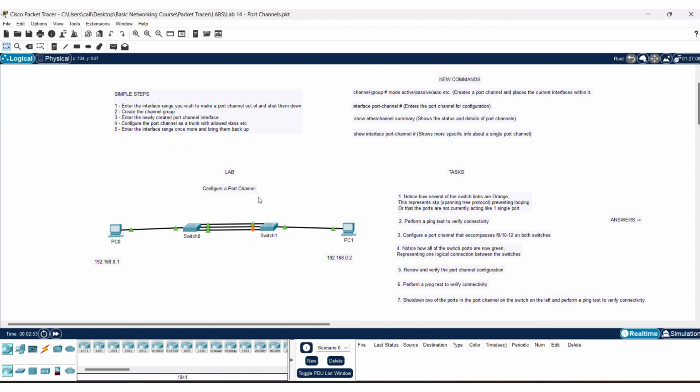As you can see, the purpose is obviously to configure a port channel between these two switches. Task number 1 says, notice how several of the switch links are orange. This represents spanning tree protocol, which prevents looping. Or rather, this means that the ports are not currently acting like a single port. You can see you've got some green over here and some orange. That means that these specific ports are currently blocked by spanning tree, and only the top port at the moment will actually pass traffic back and forth. So we don't want that. We want these switches to be able to pass traffic on all three of these ports at the same time